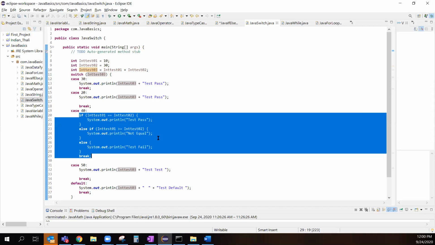I'll give you a real-time example. If I select web, then my web test cases need to be executed, or API test cases, or my mobile Android, or iOS. So I'll pass a parameter on the fly. If I pass web, it will jump into this switch, go to web, and execute web. If it is mobile, it will go for mobile and start the execution. That's how we need to understand it.